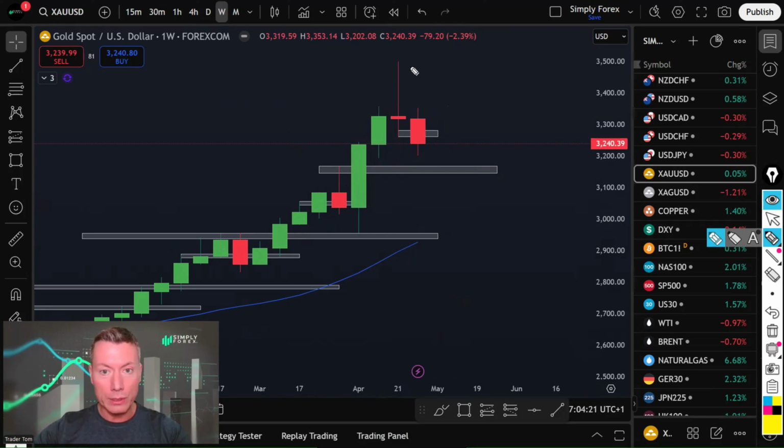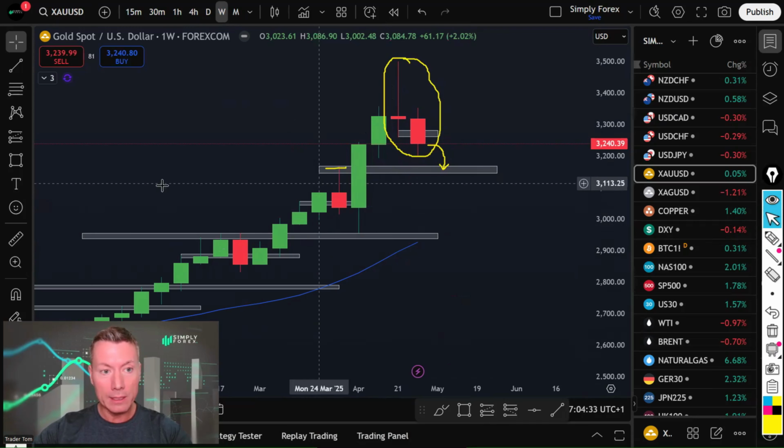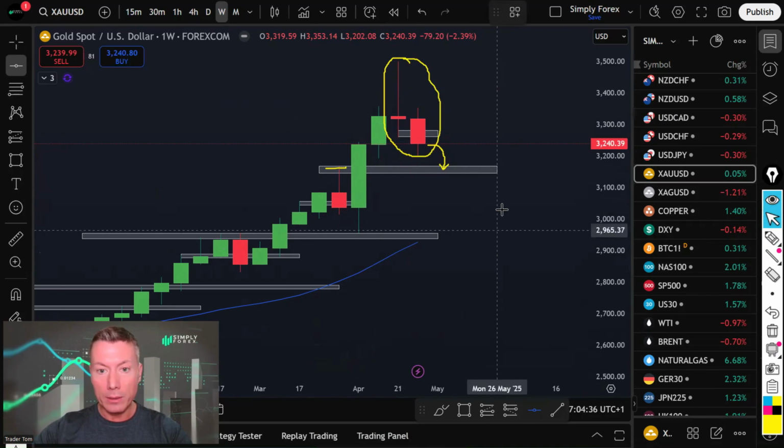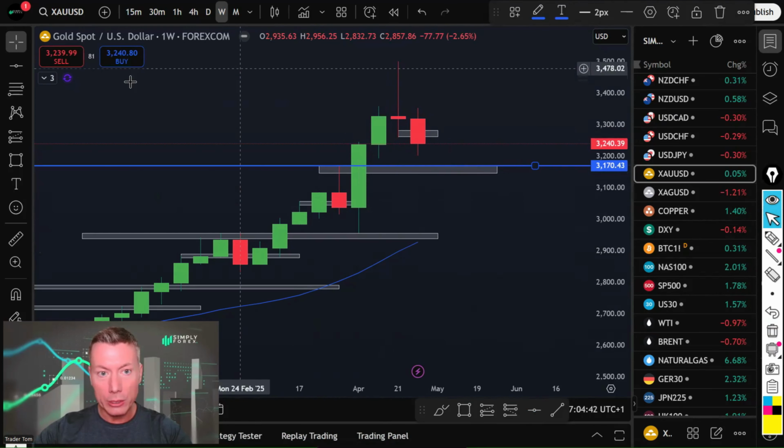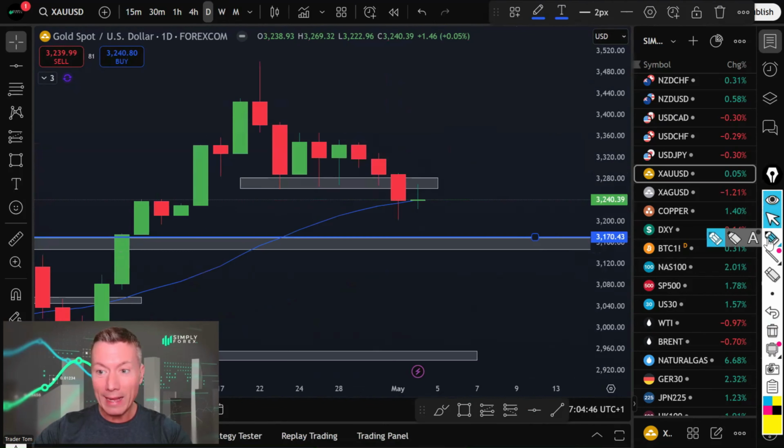But gold, as you can see, just look at these two candles. That suggests we have some room back down to here. And unlike US dollar Swiss franc, this does have some room. So our target, let's put a line in, our target will be back down to this level here. So we're selling gold. And if we look on the day chart, you can also see we've had the break of that key level that was holding, and now we've broken that level. So I think there's still some more room to the downside there.